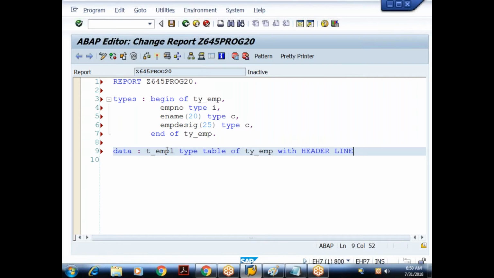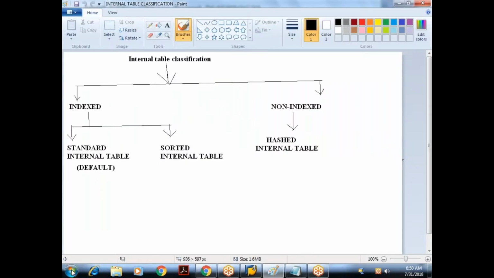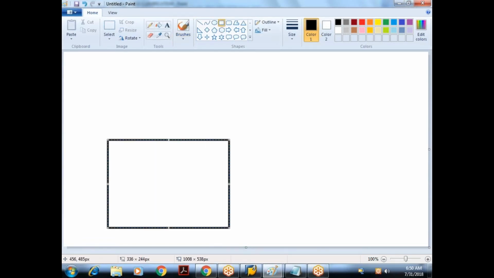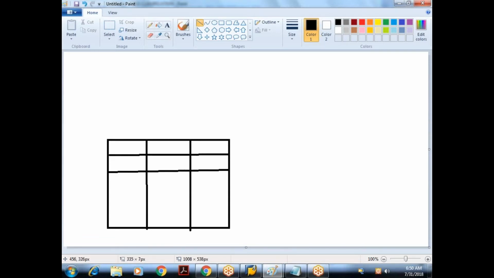It will create the internal table with one default header. Now I am creating the internal table without any default header. So what is the understanding? The internal table will contain only the body section at this stage. This is my internal table t_emp1, which has three fields: employee number, employee name, employee designation. So this is the body of the internal table t_emp1.